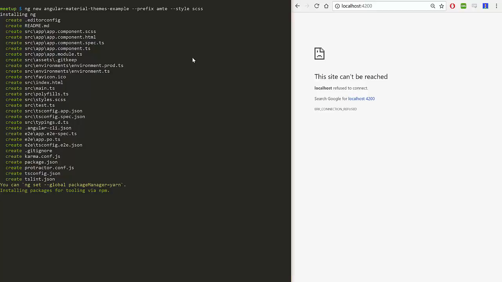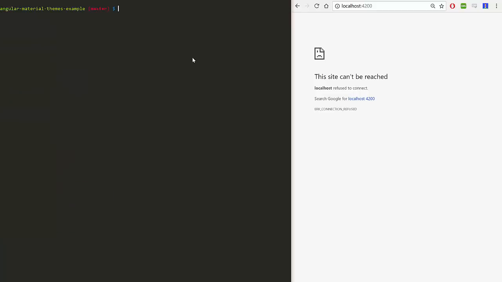And once this is done, we basically just enter the project folder. Yes, so it's done. So now we go cd angular-material-themes-example. Cool. And what we have to do now is to actually install Angular Material with all its dependencies. So we can use npm install -S to save it in our dependencies in package.json, and do